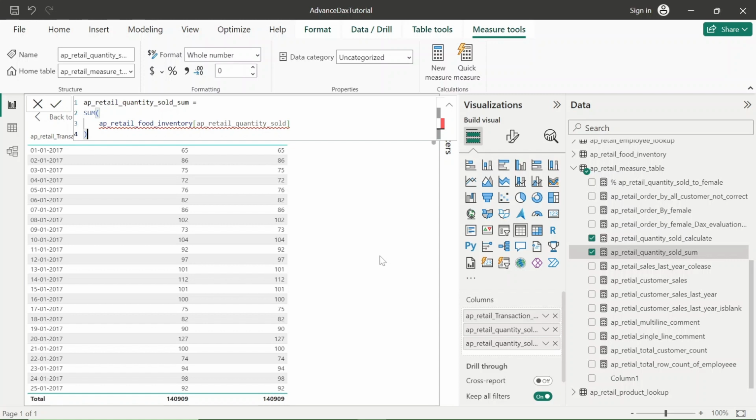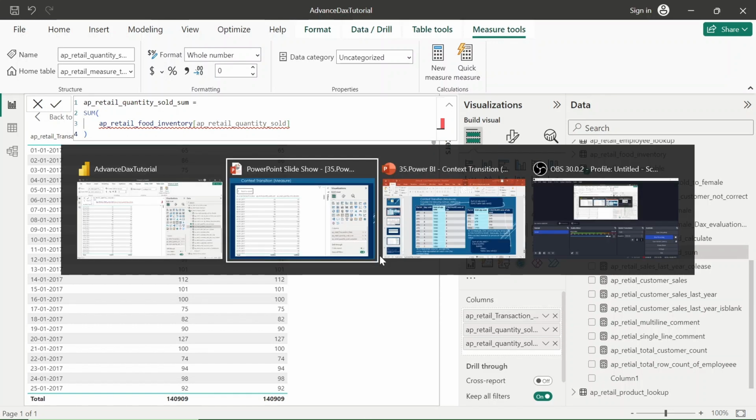But with measures, if you use a simple aggregate function or a calculate function, measures will automatically propagate the transition to the filter context level.